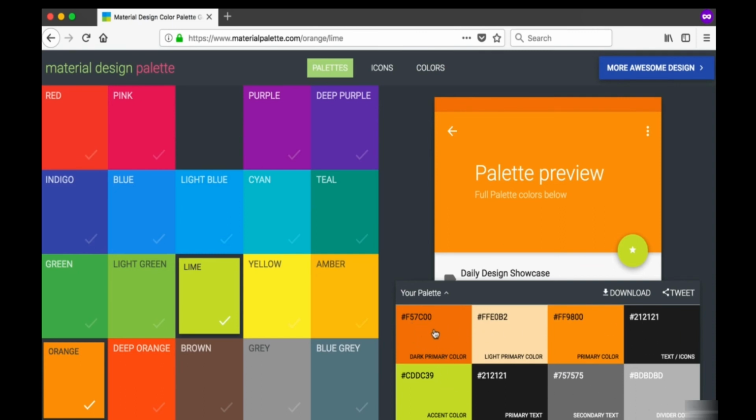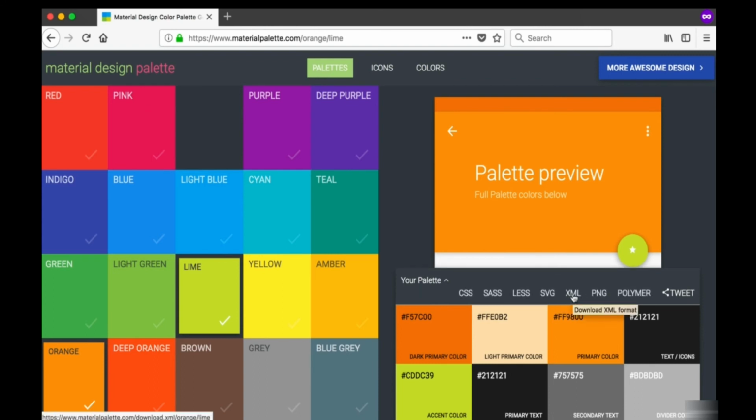So you can see this is the dark primary color, that's the normal primary color, the light primary color, the accent color, the primary text, and so forth. And if you go to download, you can download the XML file with all the colors. The easiest way is to just go into this part at the bottom and copy your colors. For example, if I want to get the dark primary color, I just click on it and it's now copied